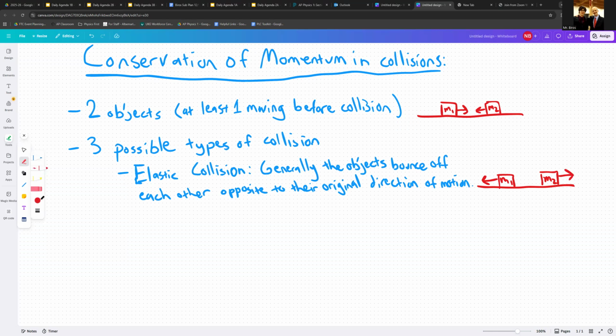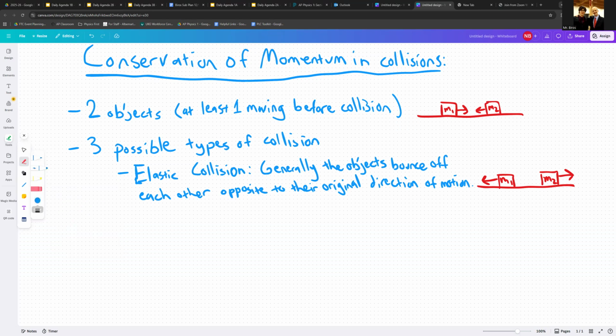So the general visual result of an elastic collision is that they bounce off in the opposite direction. But even though AP is good with this, AP doesn't generally get too tricky and say we tricked you because it looks like an elastic collision, but it's not. The way to actually tell whether a collision is elastic or not is something else, and that is